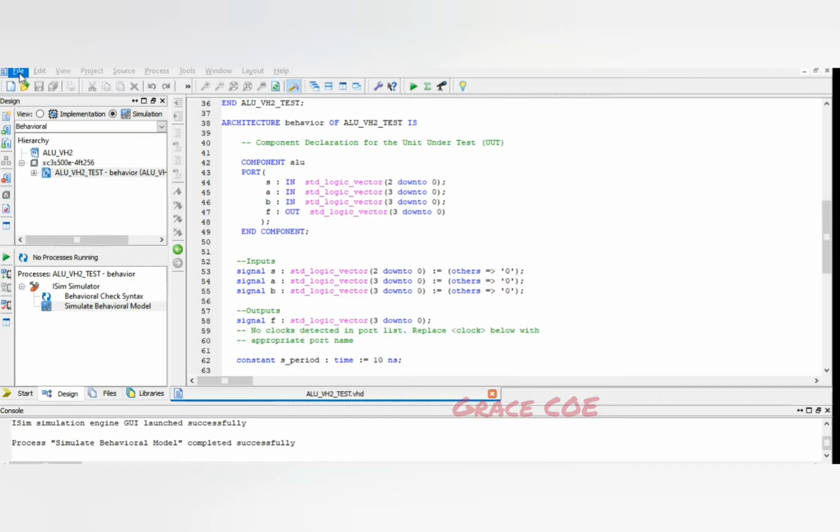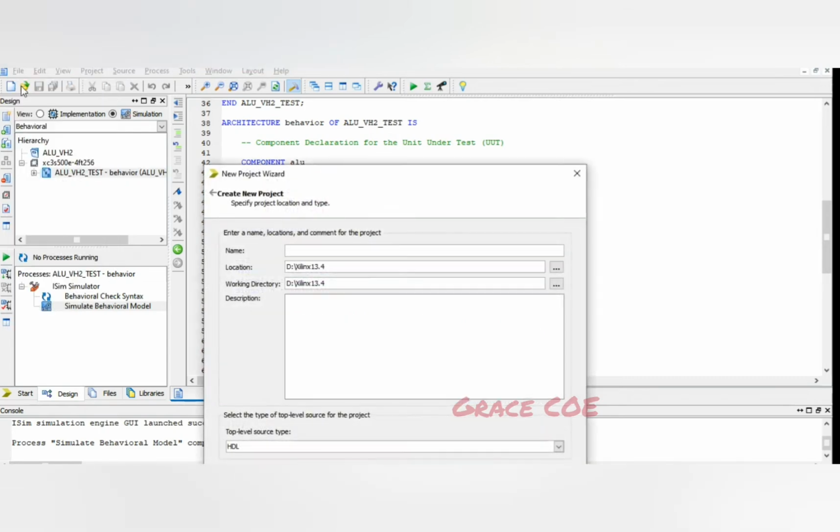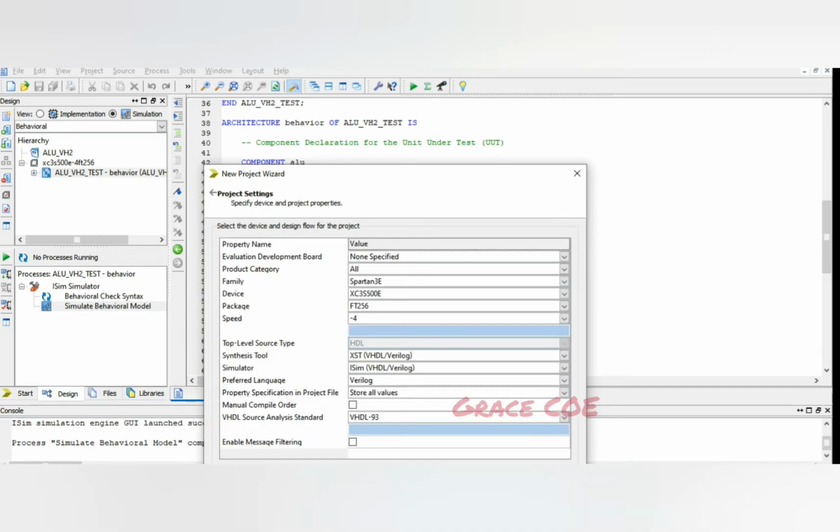Now let's see how to write Verilog code and simulate to see the output of the ALU operations. So go to File, create a new project, give a project name, click on Next.